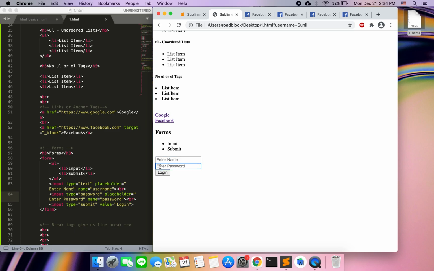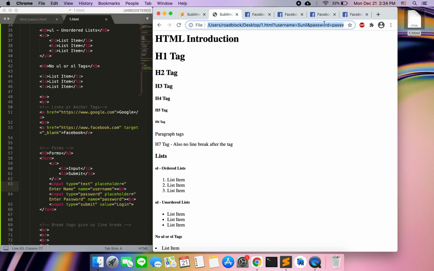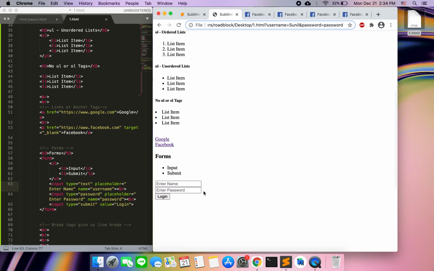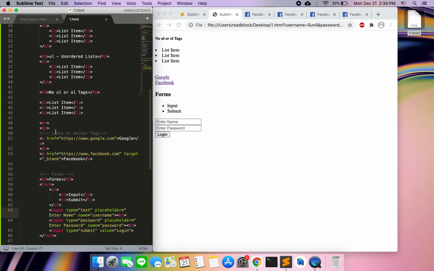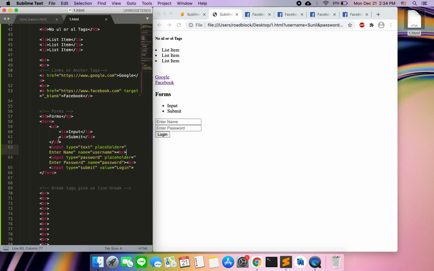Enter name, enter password, perfect, but there is no spacing because HTML has no nice spacing, it looks bad. But all the functionality is here. So Sunil, password is password, and login. Above it shows password is password, Sunil is my username. Alright, so those are forms, but all of this looks bad. We have a lot